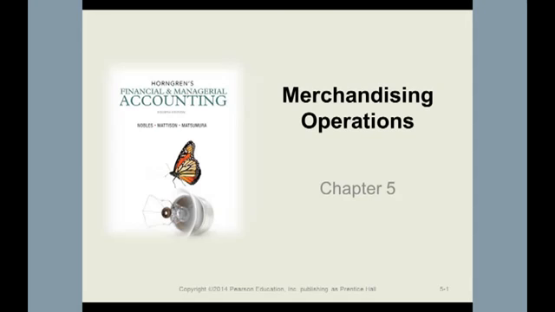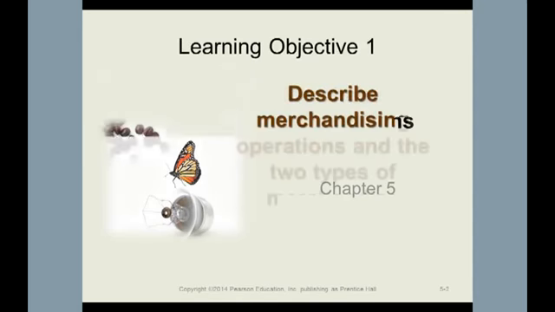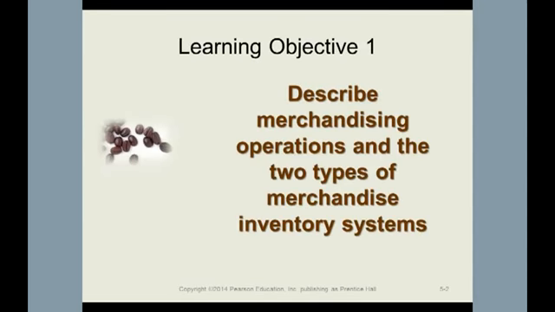Okay. All right. So in chapter 5, we're going to start looking at merchandising operations. This is where we're going to get involved with issues that relate to inventory, which will now take us from a service organization to a company that sells products. So in a merchandising operation, we're going to move away from service operations. First, we're just going to describe the merchandising operations. We're not going to do anything on the type of inventory system right now.